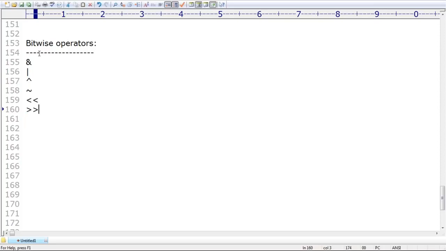Sir, make sure these operators we can apply for int type and for boolean types. Remember this one. For the int type you can apply, for the boolean types you can apply. By mistake, if you try to apply for any other type, immediately we are going to get an error. Remember that, sir. Applicable only for int and boolean. By mistake, if you try to apply for any other, immediately we get the error, sir.